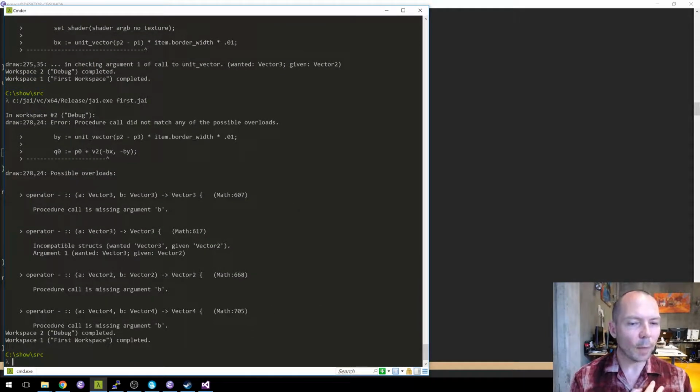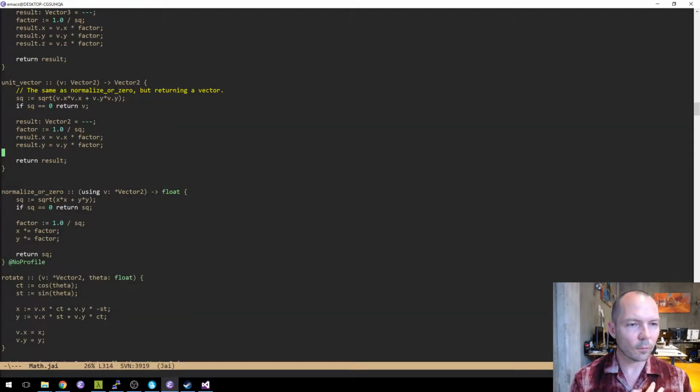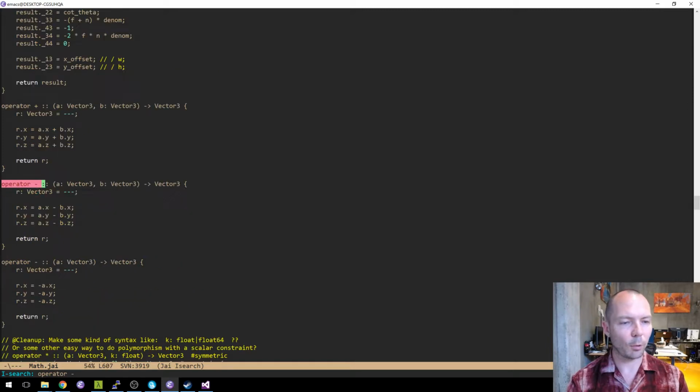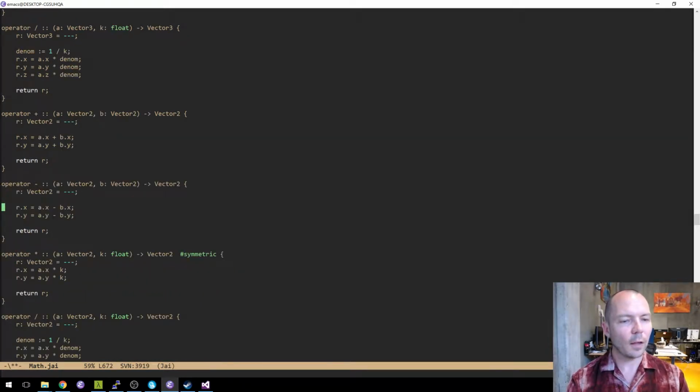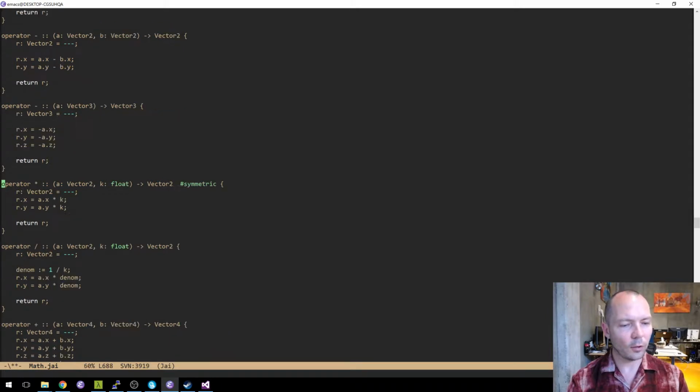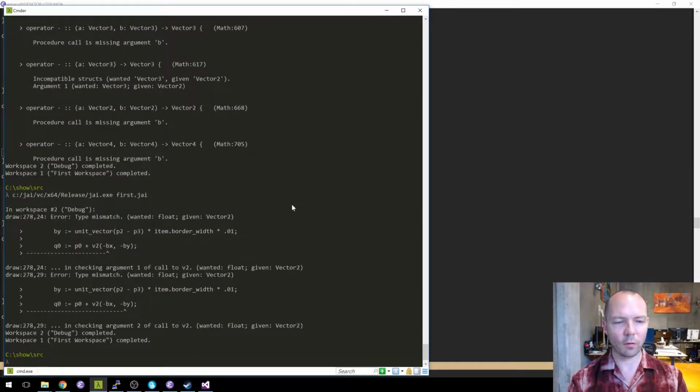We don't have unary minus for vector 2 either. Wait. Operator minus. It's like, all right. It feels really tedious and annoying to me to define all these things, but then sometimes you just want to use them. It's just weird. It's weird to pay for compiling all this stuff every time. I don't know. Okay.